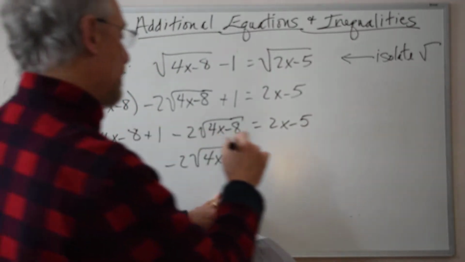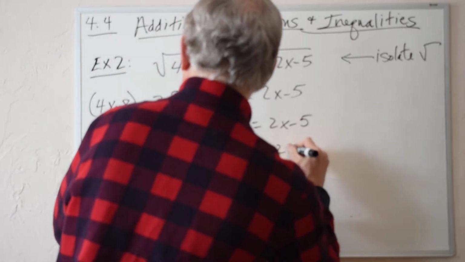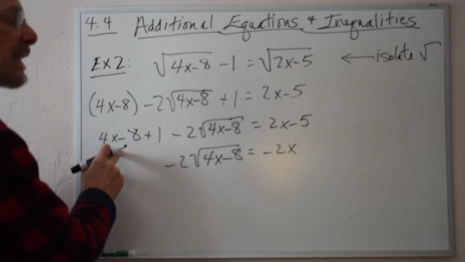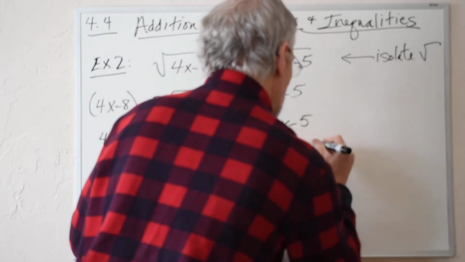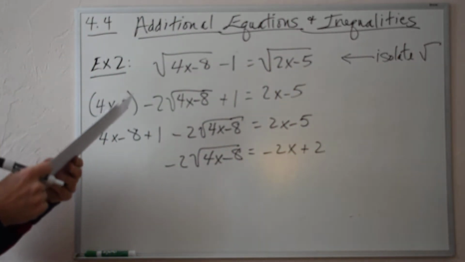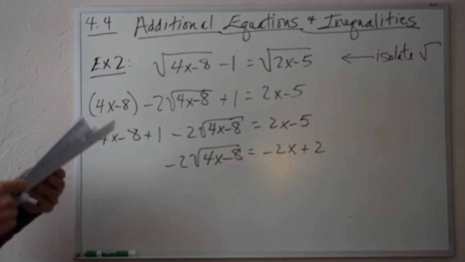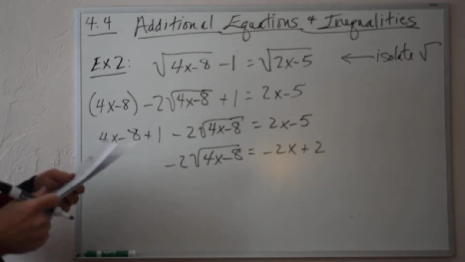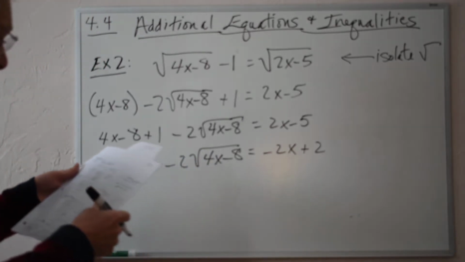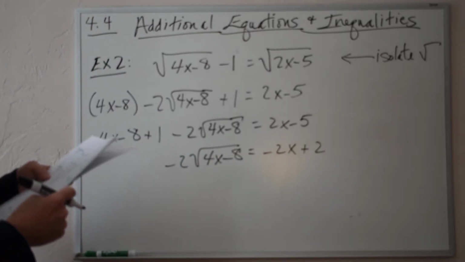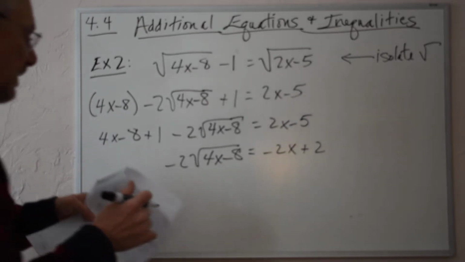Subtracting 4x from each side, I get minus 2x. Here I have minus 8 plus 1, which is minus 7. I add 7 to each side, so I'll get plus 2. Check my calculations to make sure I'm not going astray. And now, something that's not done in the text